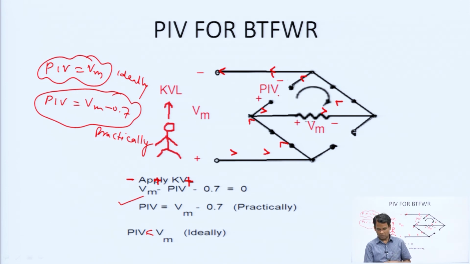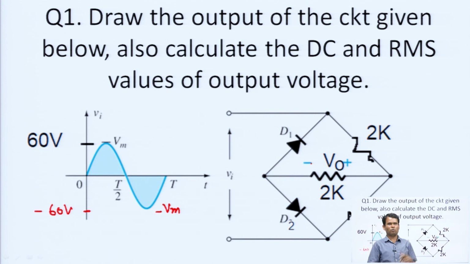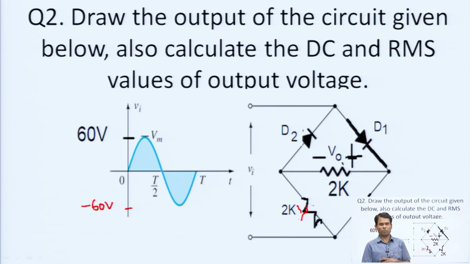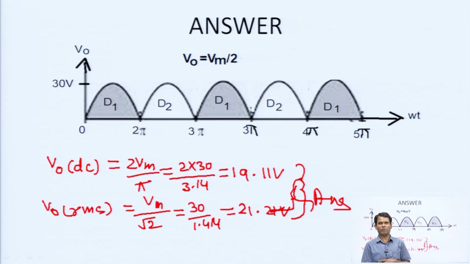Okay guys, now these are a few numericals. You can easily solve these 2 numericals. This is an assignment for you guys. If you face any difficulties, then ask me, I will try to solve it. These are 2 very important numericals. The solution of this numerical was this: the output voltage becomes 1/3 of the input voltage. And in the other numerical, the output voltage will be 50% of the input voltage. These 2 numericals are very important in any examination. These 2 numericals will be asked.